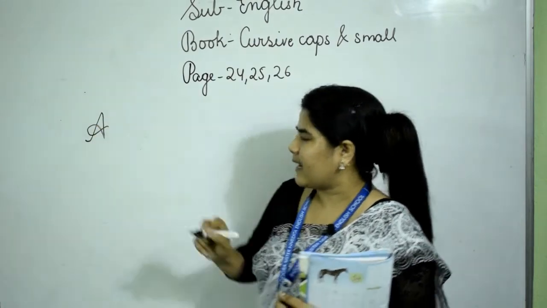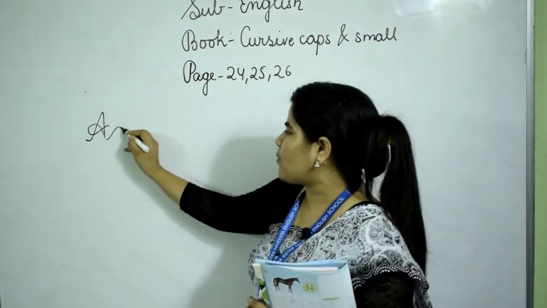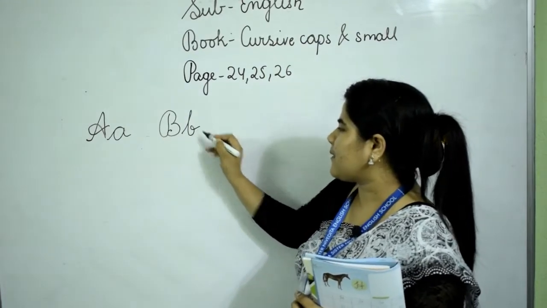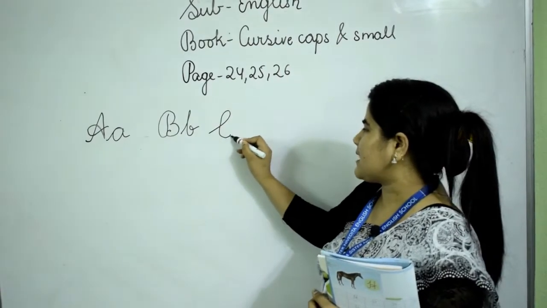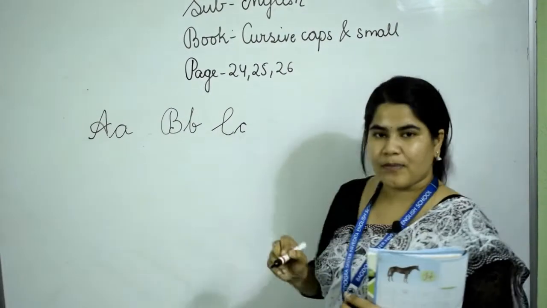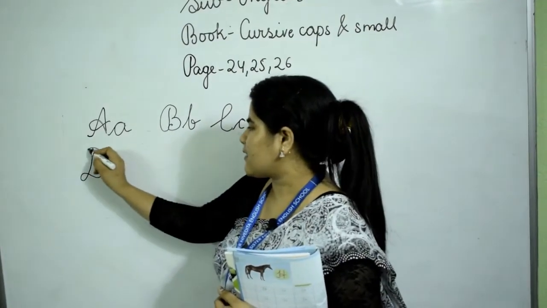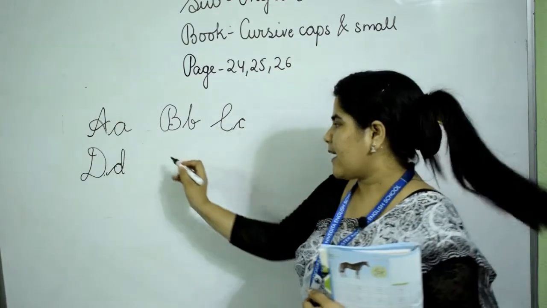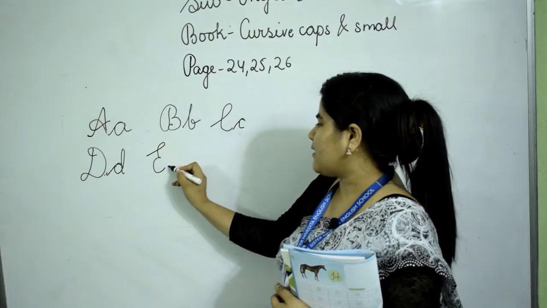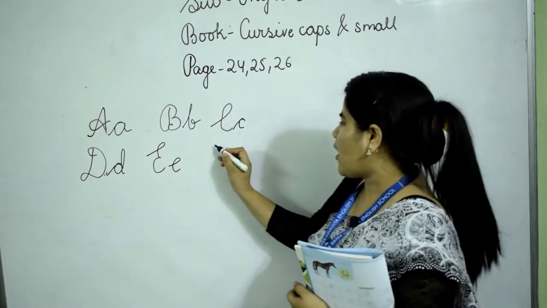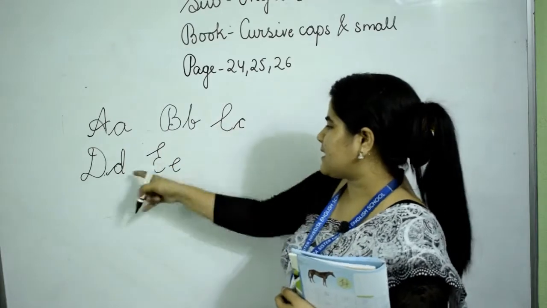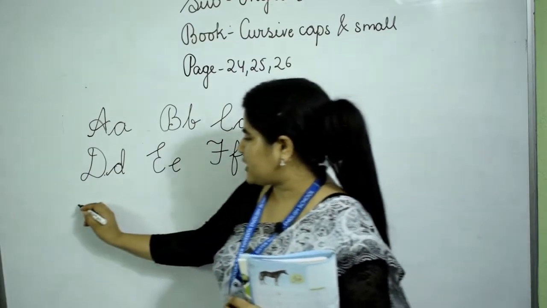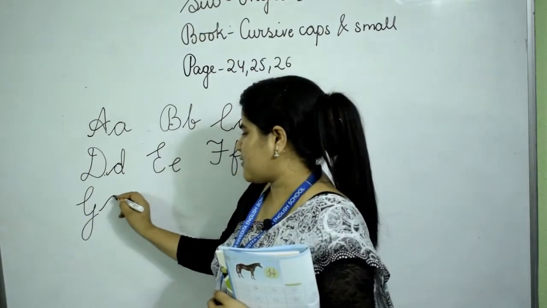So this is the cursive capital A and small. Now this is the cursive capital B and the small b. Okay, this is cursive capital C and this is small c. Okay, here it's cursive capital D and this is cursive small d. Okay, this one is E and here it's small. Okay, now F, how have we done? A, B, C, D, E, then F we have already done, है ना, in this way, and G also we have already finished up with G.